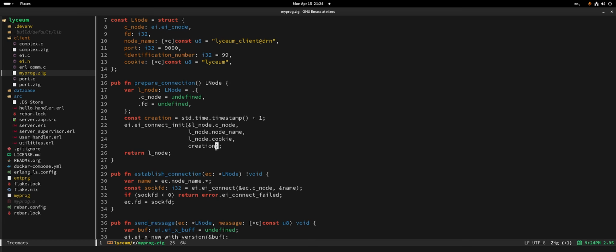Have the const creation, right, already defined, so you can do